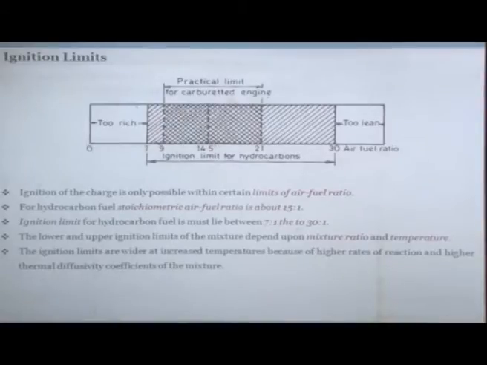Now, I just briefly mentioned that there is a flammability limit or ignition limit of a particular fuel air ratio. So, this is just an example. You see here, this is the air fuel ratio given on the x axis, actually it is just a one axis picture. So, you see, this is stoichiometric, okay? This is air fuel ratio. So, air fuel ratio 14.5 or 15 is what is stoichiometrically correct. If you are on this side, you are rich. If you are on this side, you are lean.